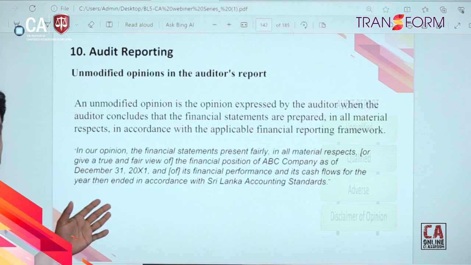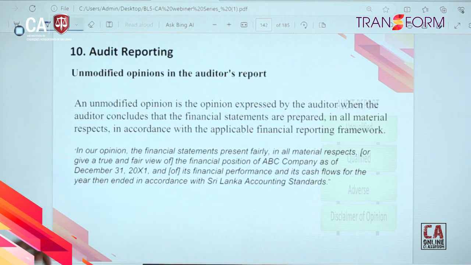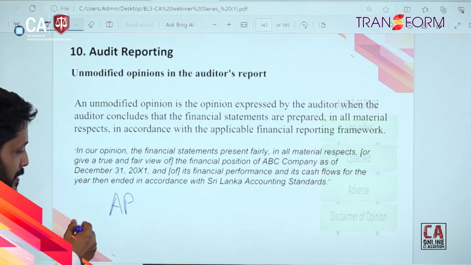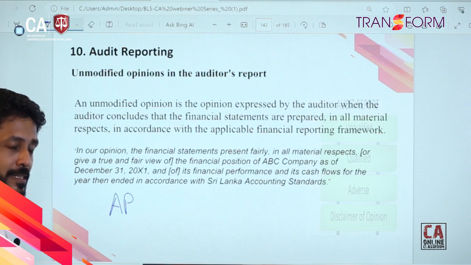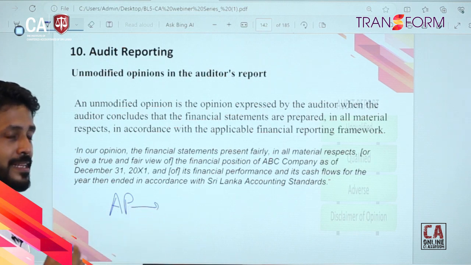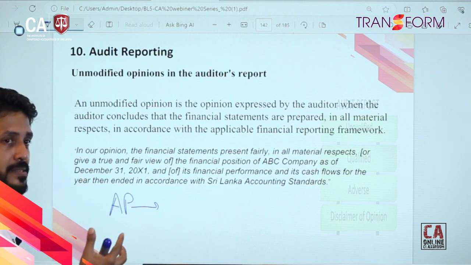අපි මුලින්ම එන්නේ unmodified opinion එක. ඒක මොකක්ද? clean audit opinion එක. එතකොට අපි මුලින් කතා කරා වගේ අපි audit procedures කරා, adequate audit procedures. In other words, through these audit procedures we gather sufficient and appropriate audit evidence to address the